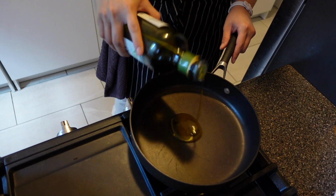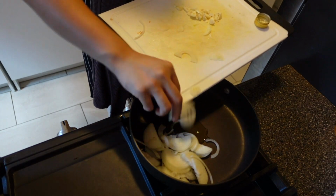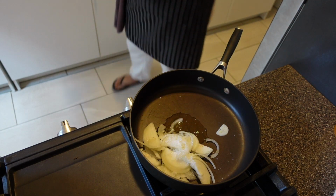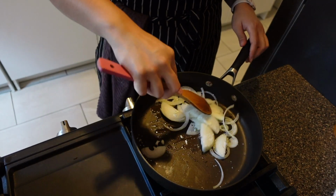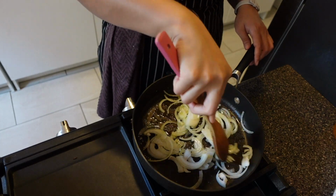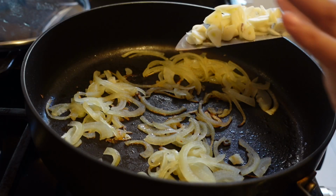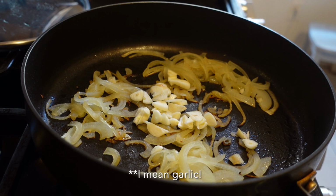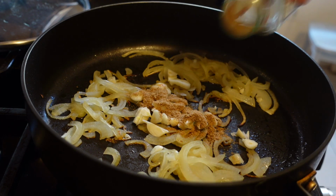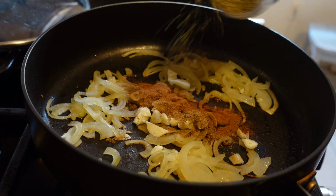Here, we're going to add about 2 tablespoons of olive oil and the onions, along with a pinch of salt. Okay, so into this pan we're going to add onion, coriander, cumin, a touch of cinnamon, oregano,